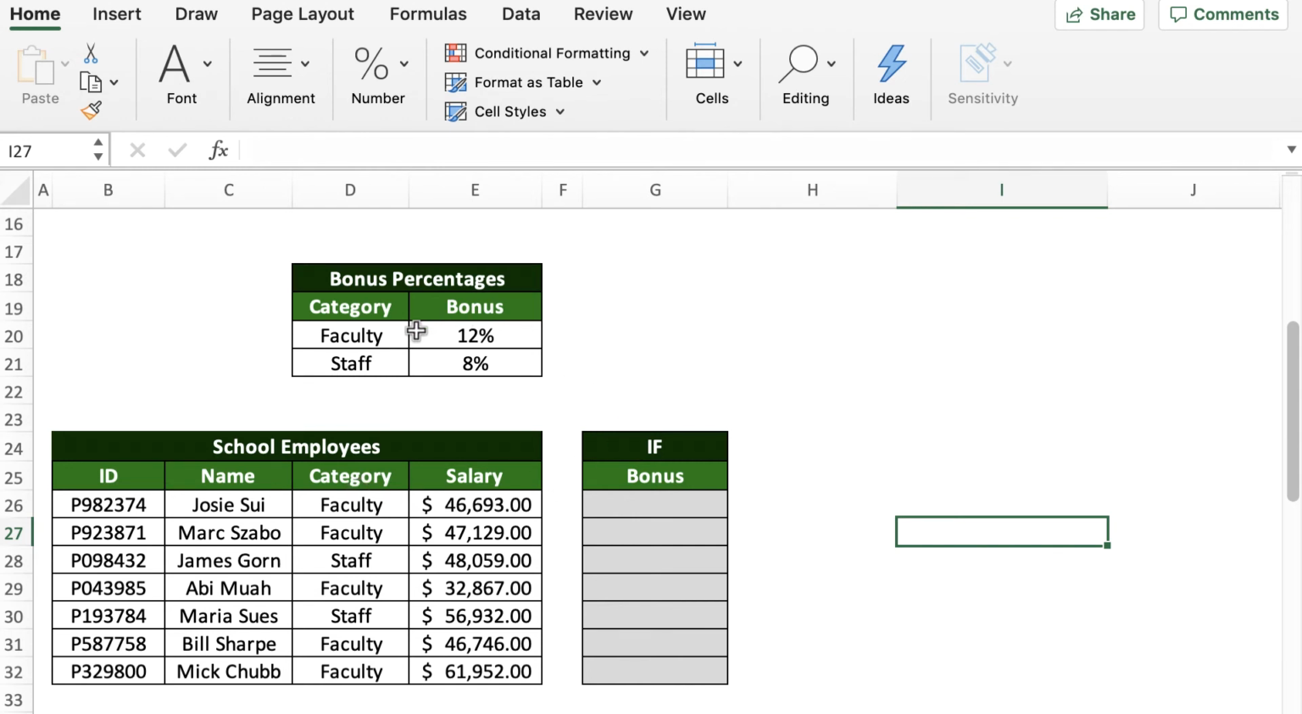in this simple scenario, we are going to give them a bonus based on their category. So we need to see if Josie is faculty or staff, and then we will take her salary and multiply it by the appropriate percentage. So to build this, we're going to use an if statement. So I'll start my if statement, if